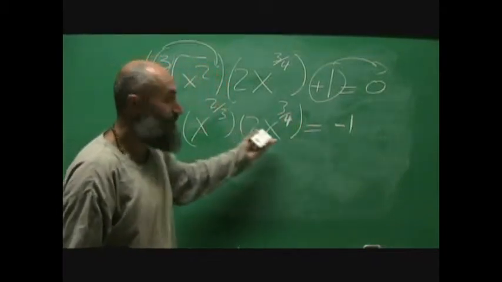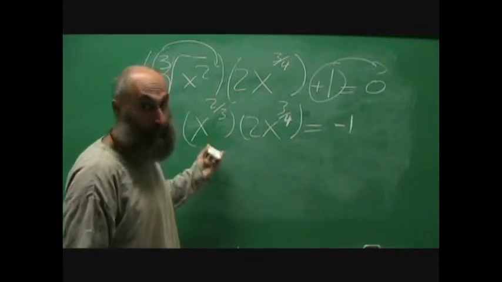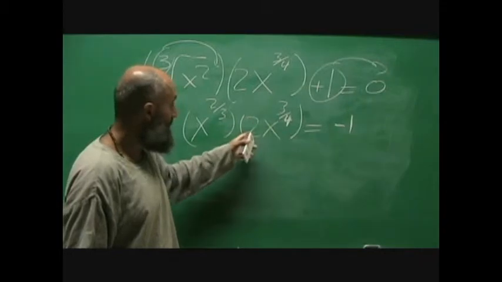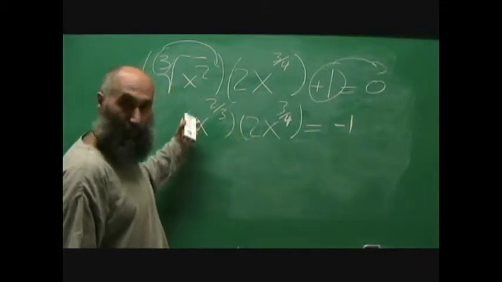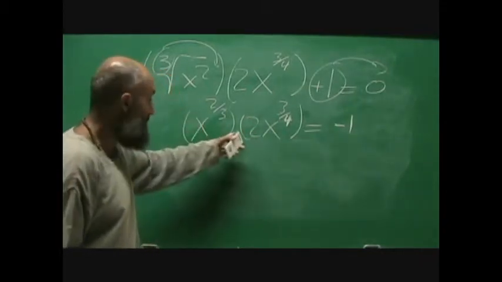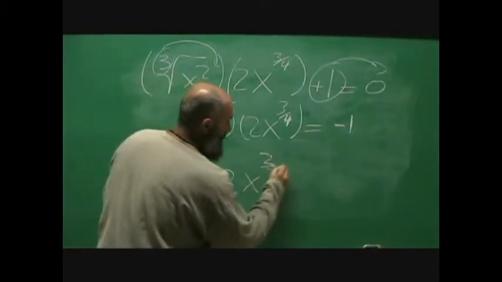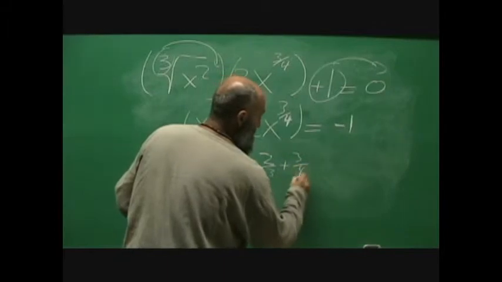And, you know, for series 2, you must know how to do this. If you don't, go back to series 2. But the way you multiply these things is you add the exponents. So the 2 here, there's just a 1 here. When there's no number here, it just means a 1. So it's just a 2. And this is going to be x to the power of 2 over 3 plus 3 over 4